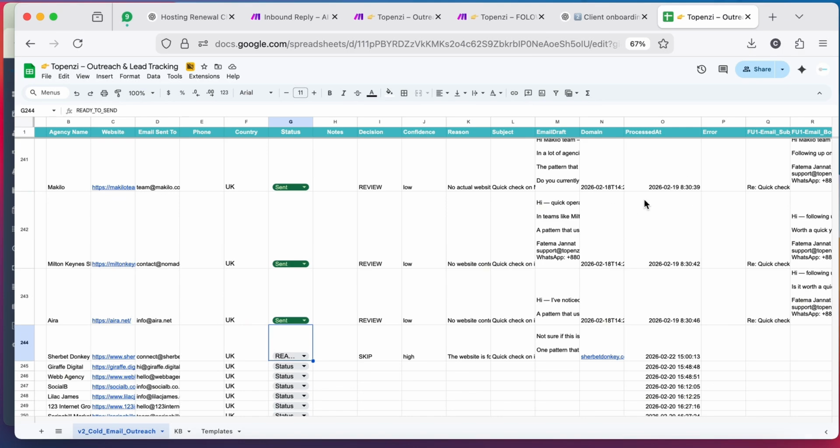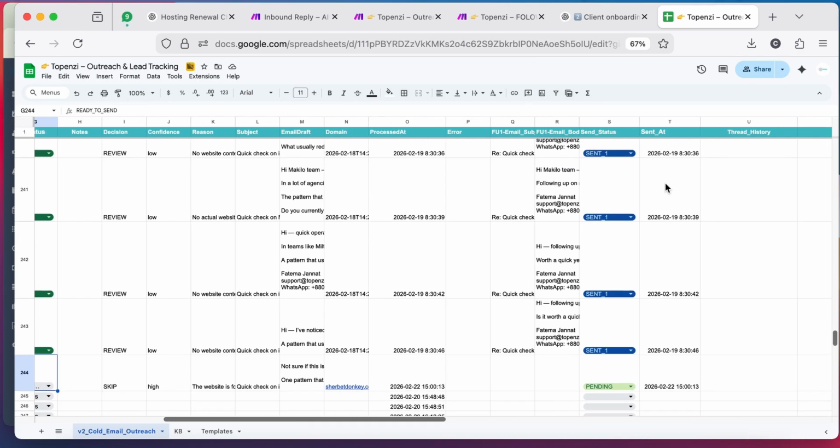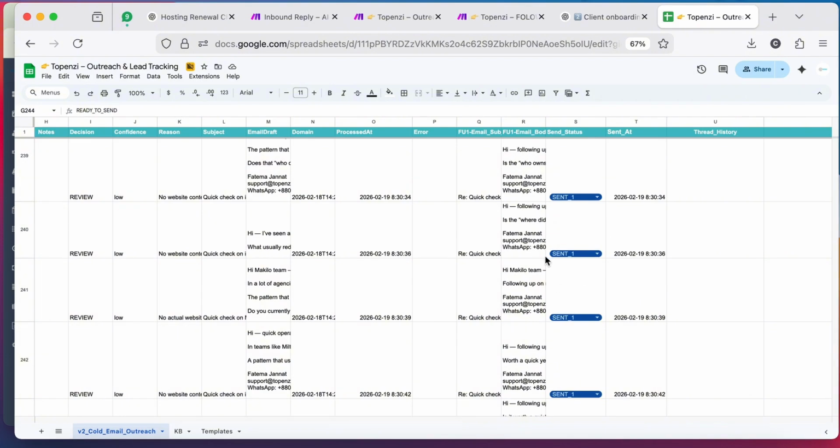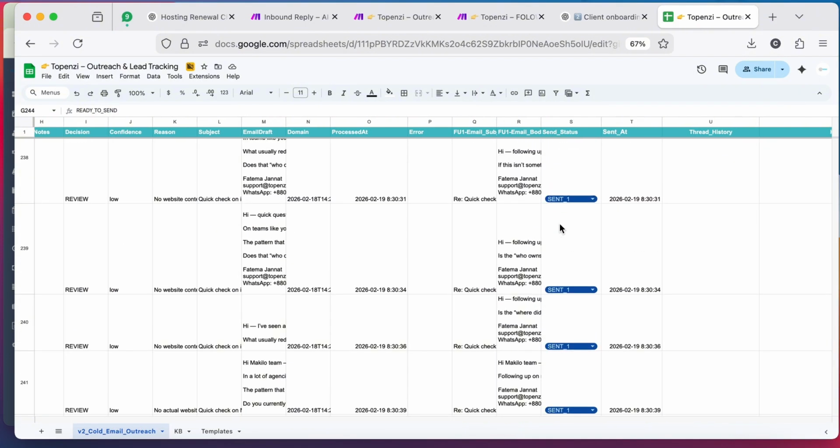will filter through all the prospects to see if the first follow-up is already sent or not. If not, it will send the first follow-up. If the first follow-up is already sent, then it will send the second follow-up. And again, of course, you can change the timing for this